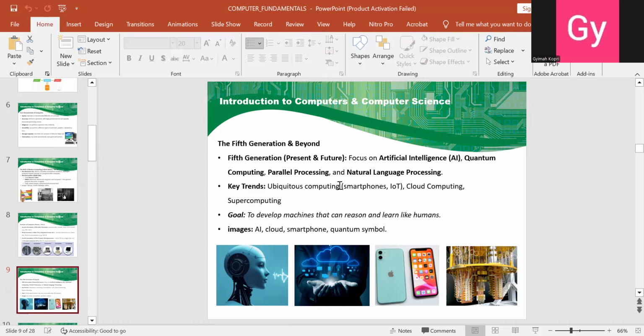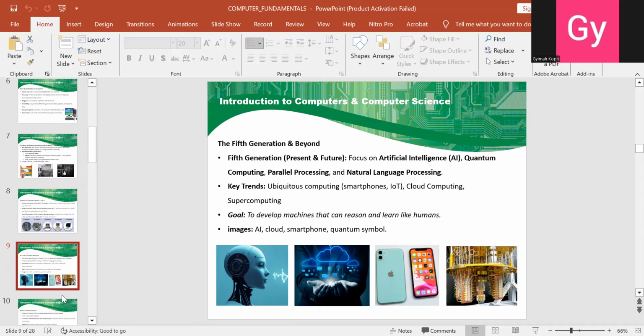So in this fifth generation, we say that the goal is to develop machines that can reason and learn like humans. So our computers are becoming very intelligent. So we have the images of our AI, cloud. We have what? Smartphones and quantum what? Computer symbols. So that is it. Now let's go to